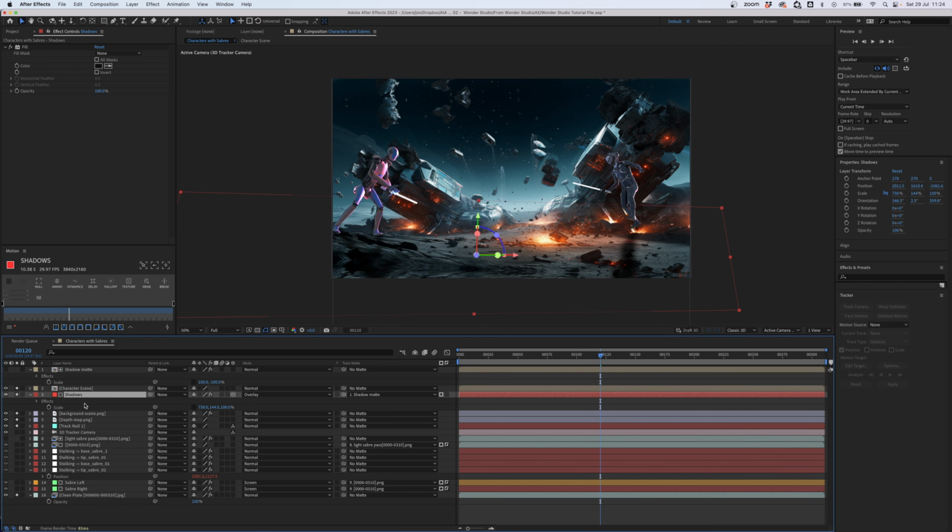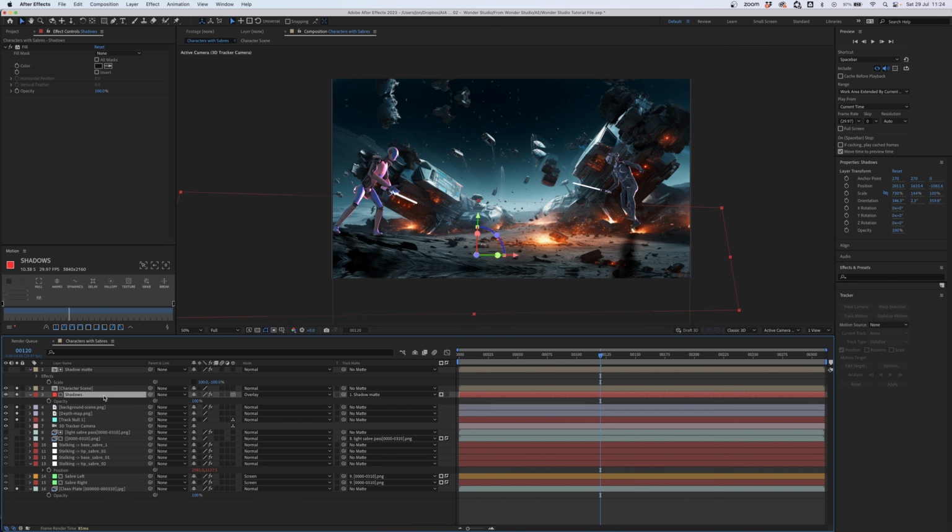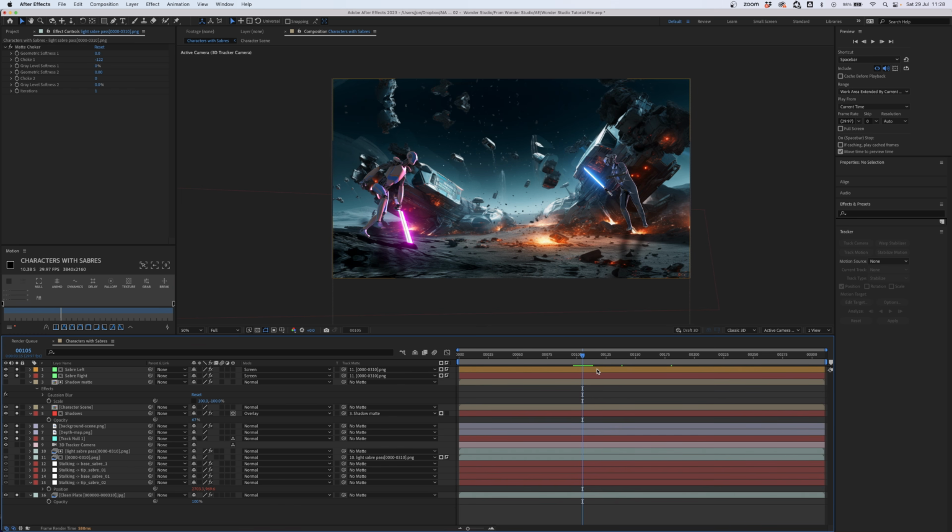I'm going to go for overlay, and you can also drop the opacity. So press T to bring up the opacity variable and reduce that down to about 67%. And it's all looking quite nice there, but you will notice this character looks like he's floating above the scene, and that's partly due to the image we've created in Midjourney and the way the depth's being perceived by Displacer Pro and that depth pass.